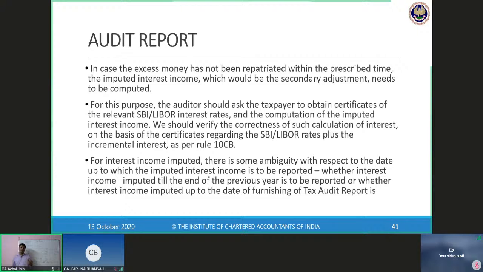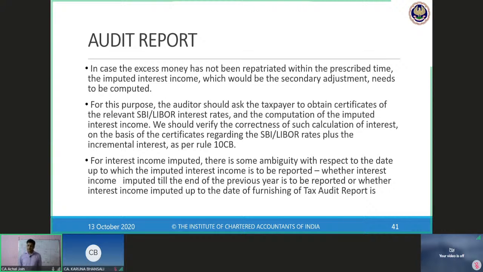As I told you, for all of these clauses, you need to do a detailed understanding of the Income Tax Act. So some of you who are finding it difficult to understand some of these provisions, as I told you, you need to go back first of all to the Income Tax Act, understand all of these provisions, and then come back to the audit procedures around it.